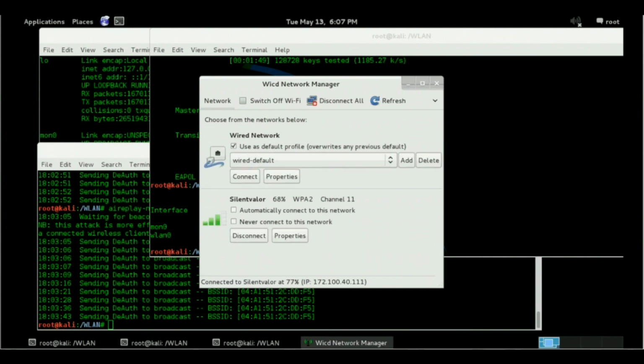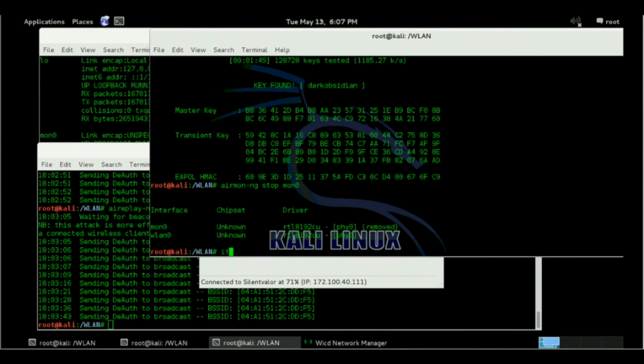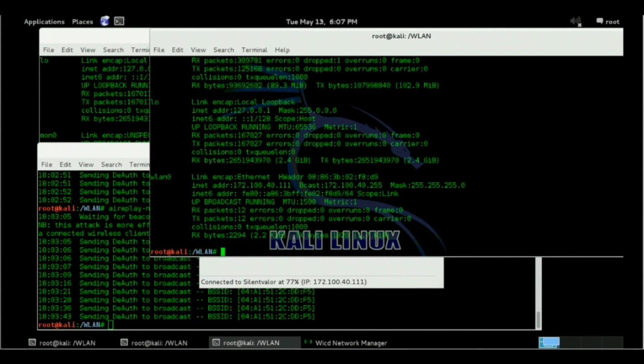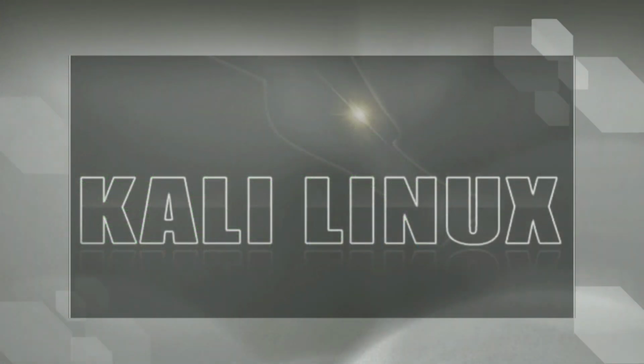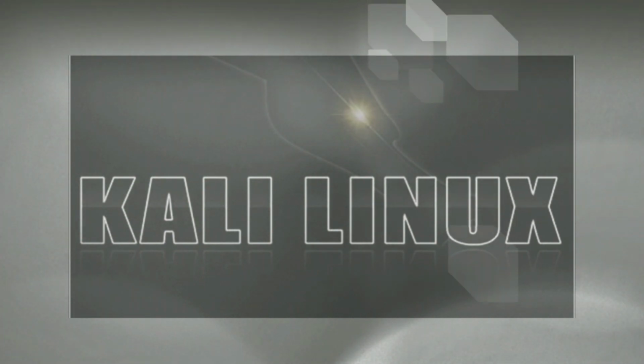With the network connected, type ifconfig into one of the open terminal windows to verify that wlan0 now has an IP address from the access point, 172.100.40.111. That concludes this video walkthrough of the material in this lab, auditing a wireless network and planning for a